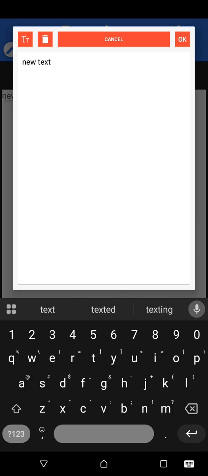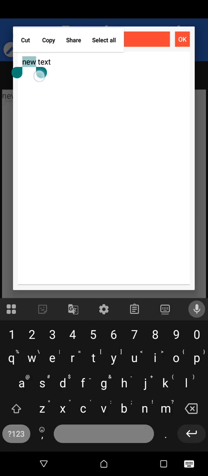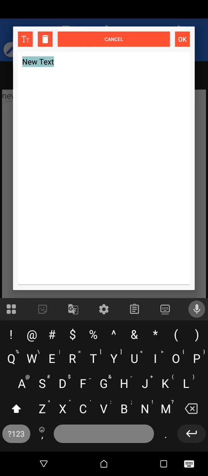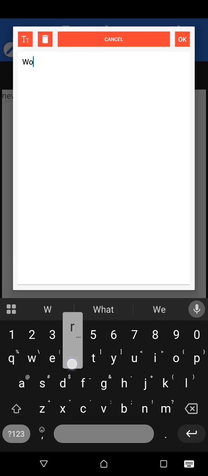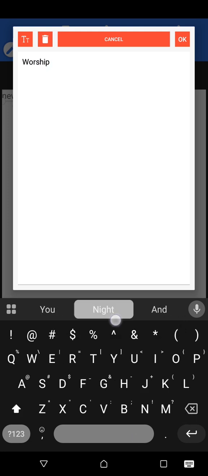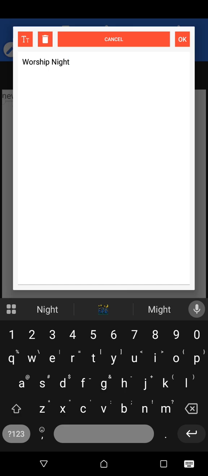To add your text to this canvas, all you need to do is double tap on that dialog box and adjust what is there. So we can use worship night. For instance, we can use this. Now the moment you